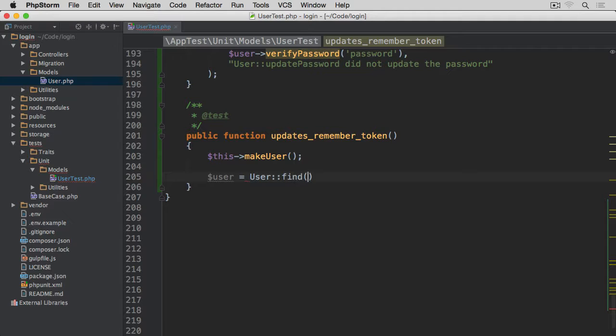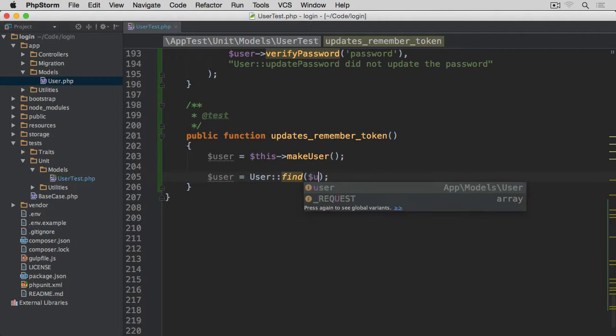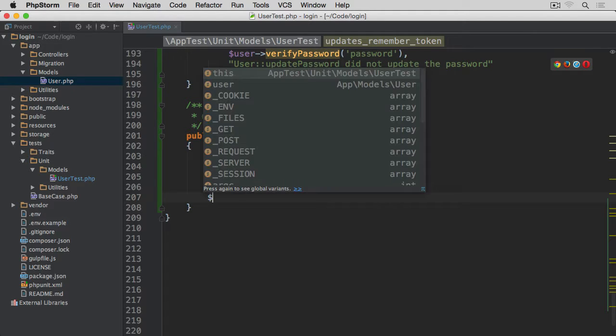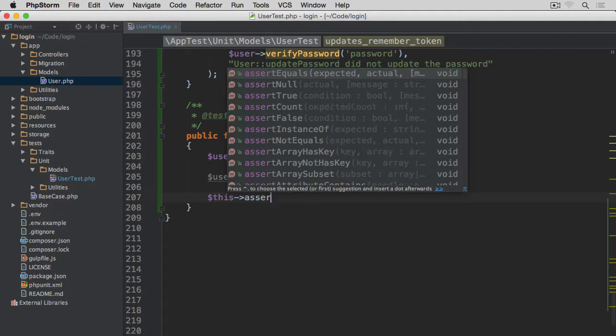user find one, or again, we can do the same as we did before. Let's associate the output of the make user method with the user, and then just use the property ID on this user. So user ID. So get user by this ID. We're overwriting what make user returned by getting a fresh user from the database. Okay, and this assert null